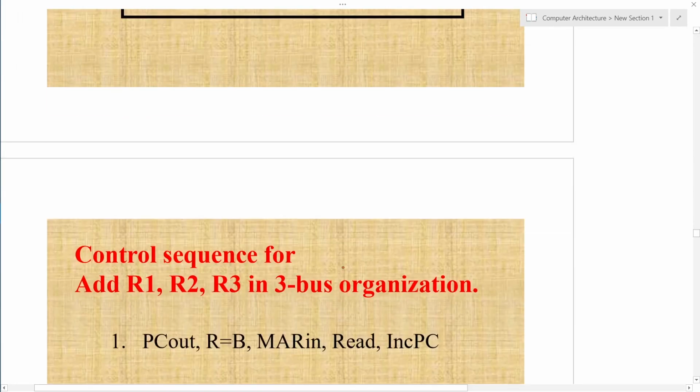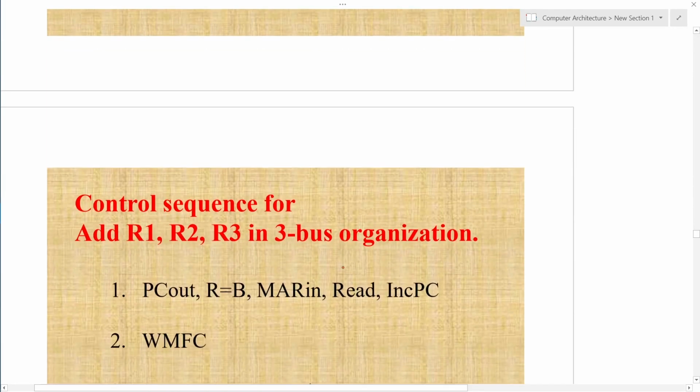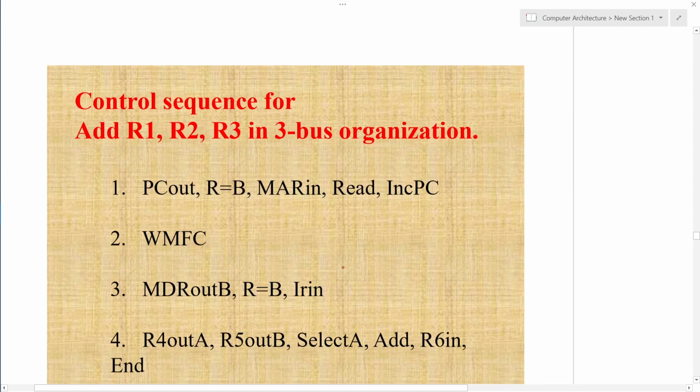Now let's look at an example of how a control sequence, or a complete instruction execution, takes place in a multi-bus system. Instruction execution starts by reading the content of PC. So the PC value will be PC out, and it will be loaded to MAR as it is. The only difference is you have to mention through which bus.